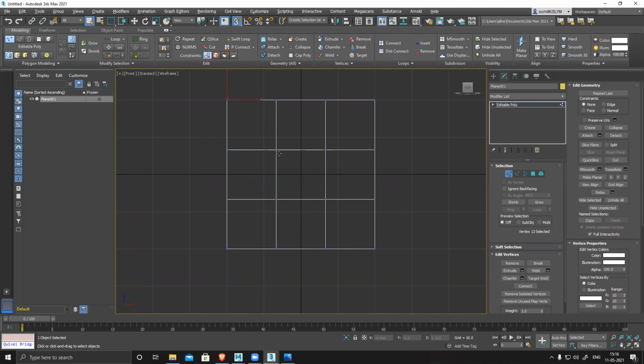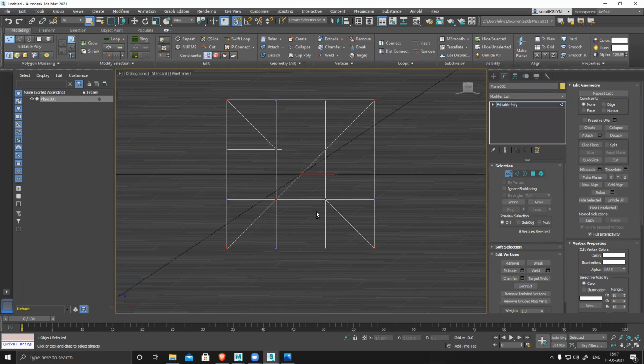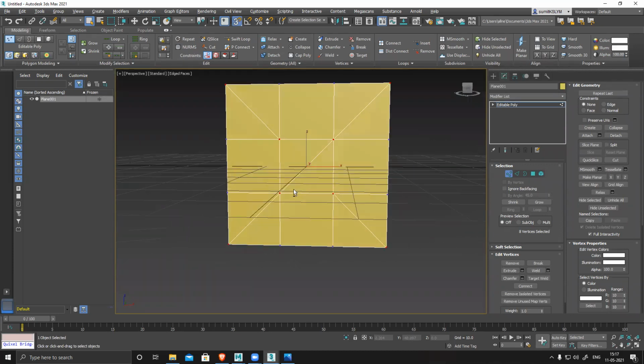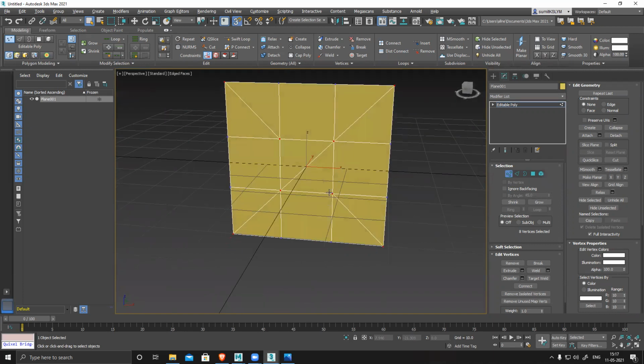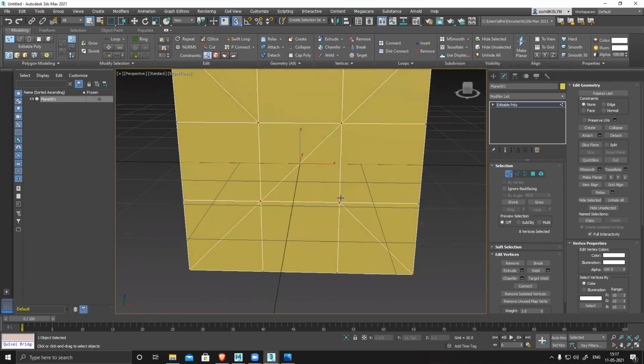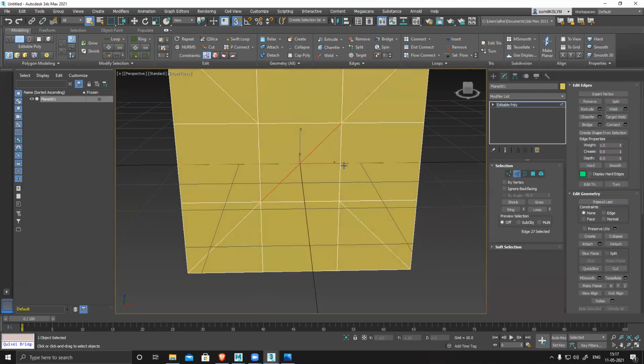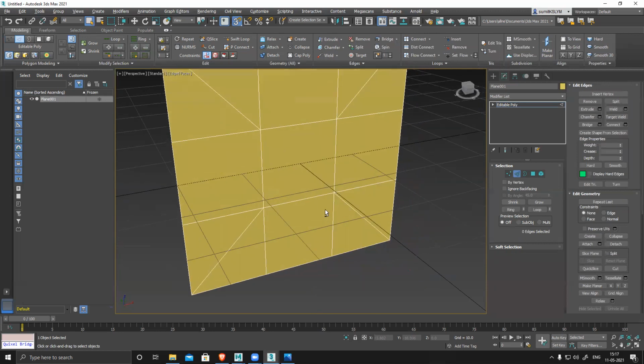Now vertex. All the corners I have selected, and then I can connect. Where is my connect? Connect. It will create this shape automatically. Please see perspective mode. Connect all of them, and this part I also need to create. So I'll remove this thing, control backspace, and create this center.